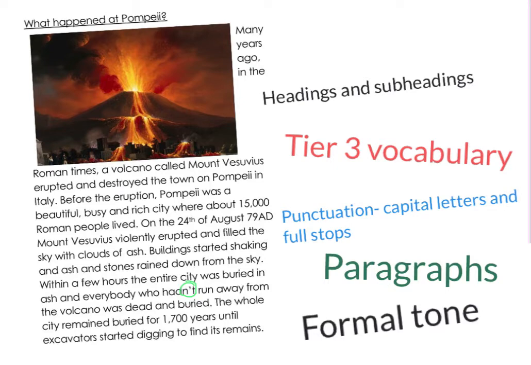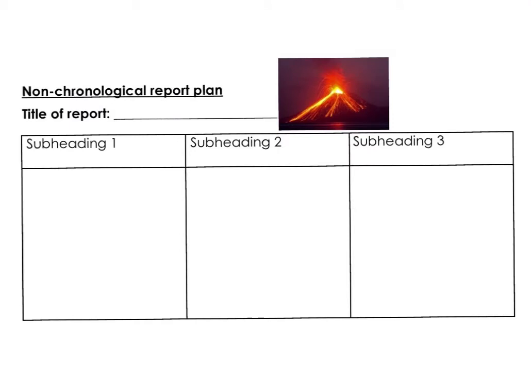Brilliant. If you want to get adjectives in, that is fine. Commas for things like lists, if they're relevant, then yes. But make sure that these 1, 2, 3, 4, 5 things are an absolute must, so make sure they are in your writing. So for today's non-chronological report plan, I've given you this sort of template, but if you don't